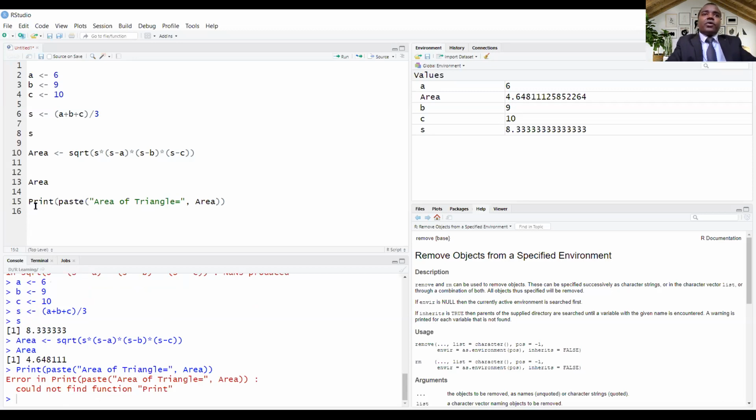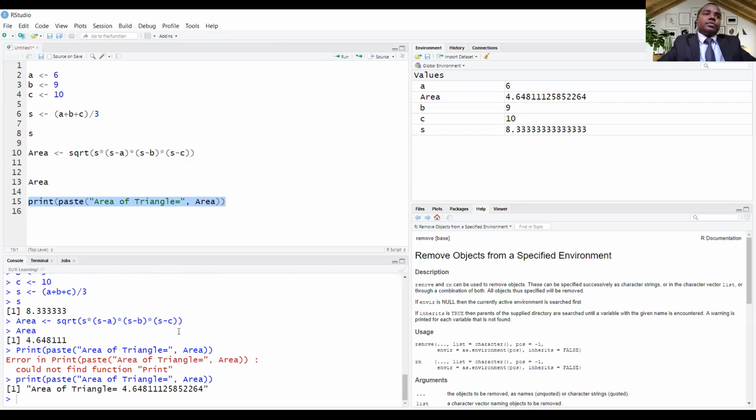For your learning purpose, I made this mistake deliberately. It should be small p. Now we can see the area of triangle is highlighted. Let's print this result. Here we see clearly written, the area of triangle equal to your desired result. So how easy writing a program is in this R programming tool.